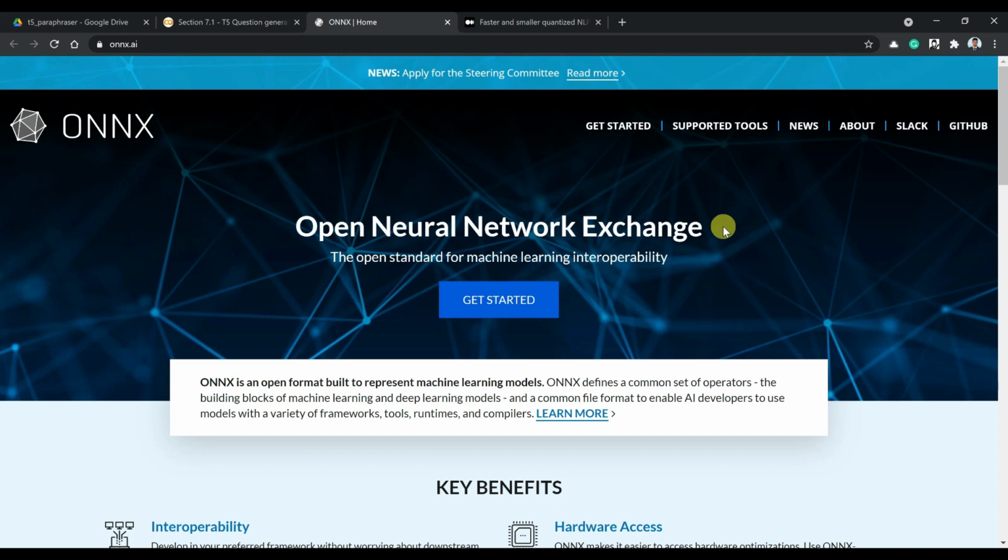What this means is that different models like PyTorch models, TensorFlow models, and any other library models can all be converted into one single format, the ONNX format. This is like an open standard for machine learning interoperability.